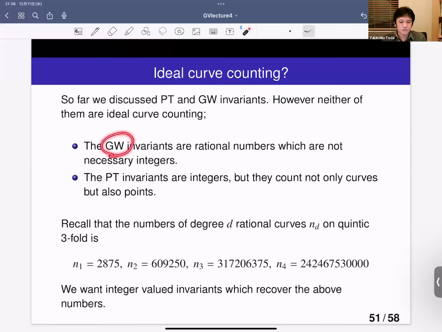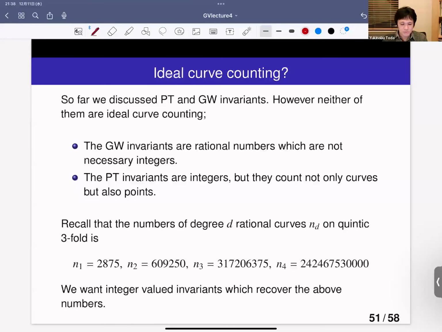For the Gromov-Witten invariant, the obvious issue is that it is not an integer, it's a rational number, which is not necessarily an integer. On the other hand, the PT invariants are integers, so that is good. But they count not only curves, but also points. This is because